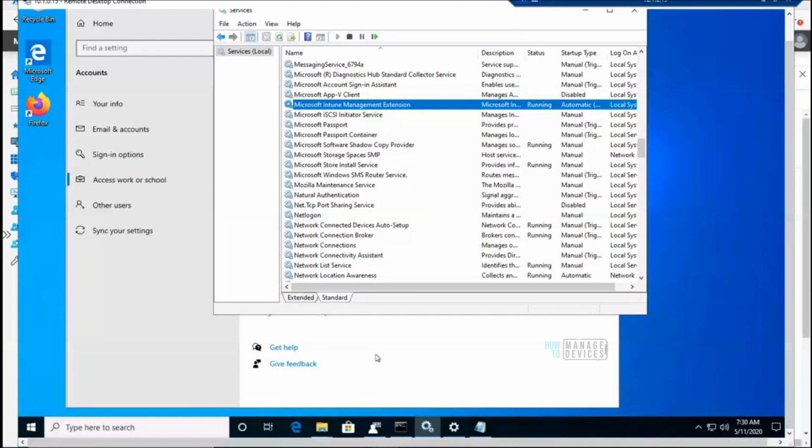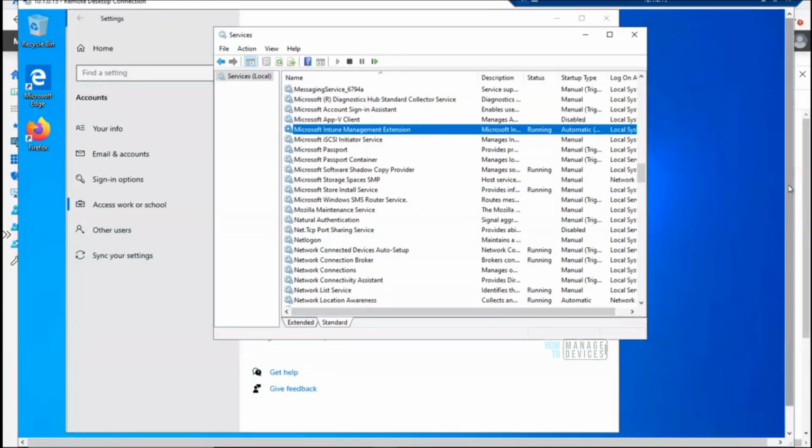That's a good question, but I don't know the exact reason why it's not showing as unsuccessful or no status. Probably it's getting blocked from the Azure AD side. If Intune sees this is an Azure AD registered device, probably it's not sending the policies at all, which I don't know exactly. Okay, thank you.